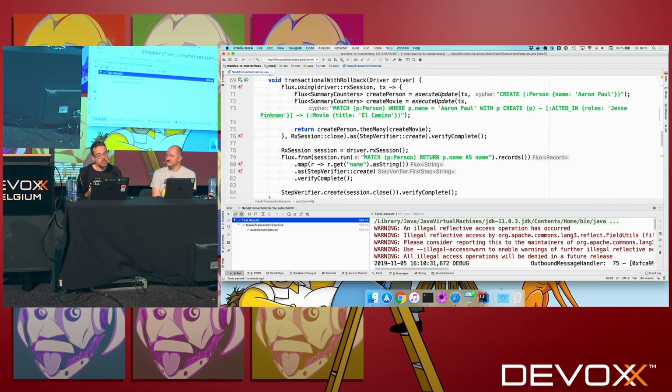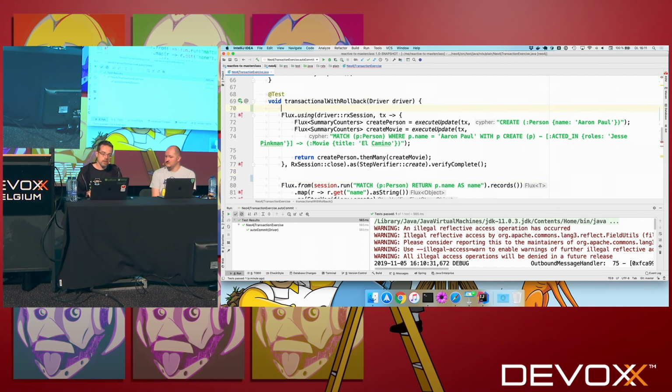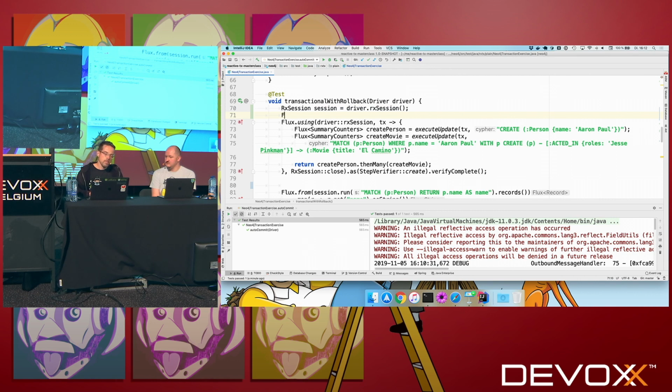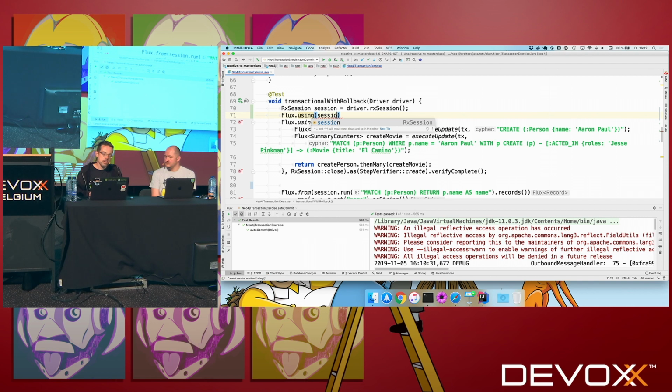Also, I want to create one person, the same model, and roll it back for whatever reason. The first naive approach would be, so here I'm working with the session as resource. I cannot do this when I want to do explicit transaction. So I just copy that out over here, and then I build my flux using the sessions